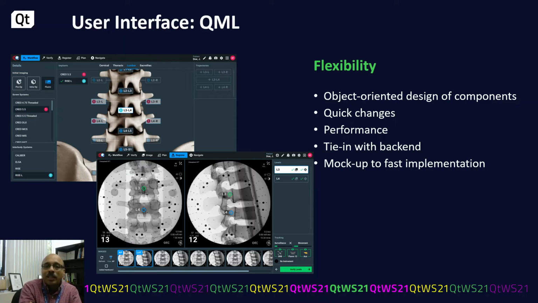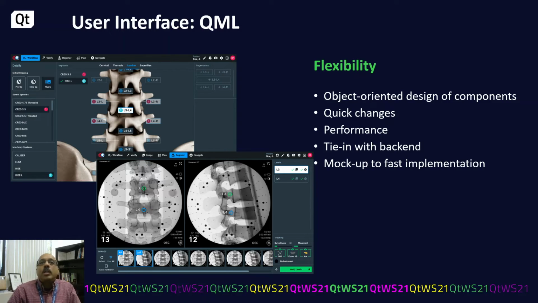We have spine and cranial right now. It was very easy to do quick changes and demonstrate them to the surgeon right away. Performance was great. Also the time with the backend, and this was a really clean separation between the user interface part of our software and the core math, which we do a whole lot of.